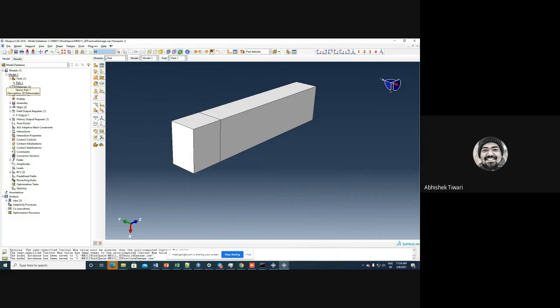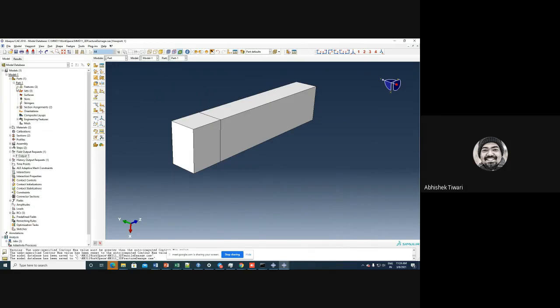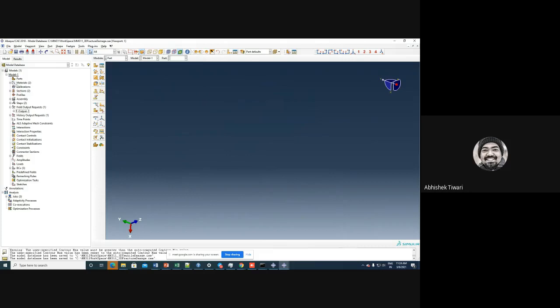What will change if we do fracture modeling is that we cannot use plane stress elements. Well, it is 3D, so anyway we are not using plane stress or plane strain. So I will delete this part, and because of this a lot of problems might appear, but what to do?